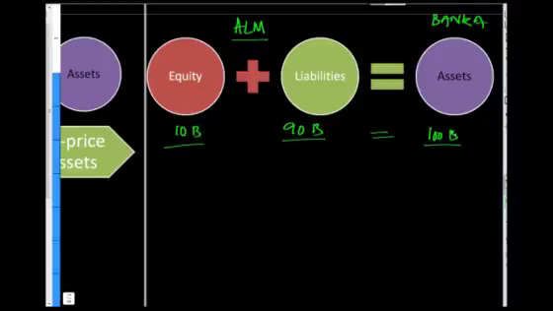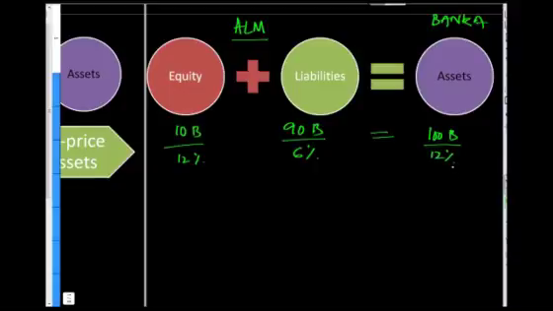Now, Bank A's model is very simple. Bank A goes out and raises equity, let's say at a cost of about 12%. It goes out and raises deposits from the market at, let's say, a rate of 6%. And it is then able to use the proceeds from these two sources to write loans on which it earns a return of